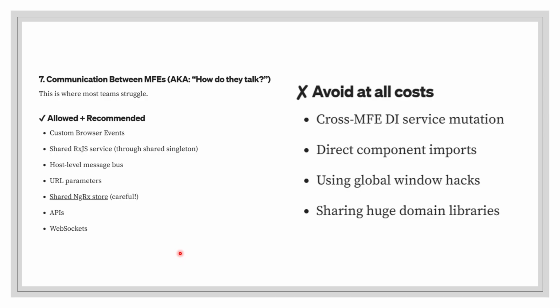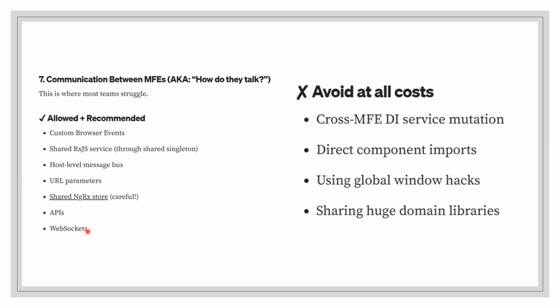And the most important point, communication between the MFEs. All the MFEs, we know they are independent of each other and they shouldn't get messed up. So the communication is a key point that we should carefully use. First, let's check out what is allowed and what all are recommended. The first one in the list is the custom browser events. Next, you can use the RxJS services, host level message bus, the URL parameters, of course, the NgRx store, APIs,